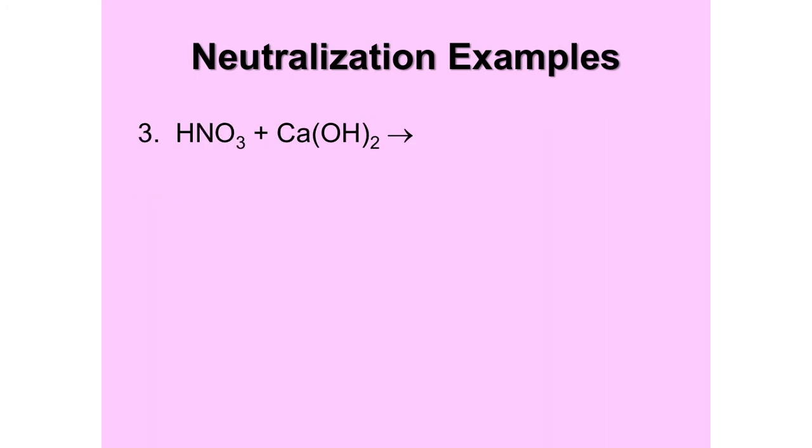And here is our final example. So HNO3 is an acid, Ca(OH)2 is a base. Therefore, they will produce water and an ionic salt. The water comes from the H's from the acid, the OH's from the base. That leaves behind the calcium ion. Calcium has a +2 charge,